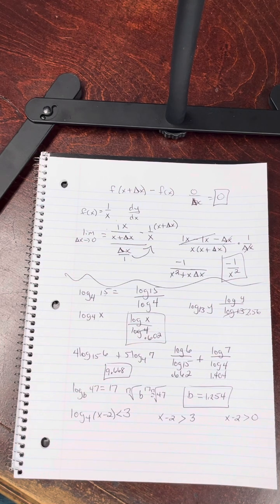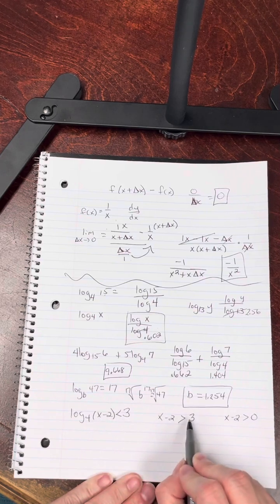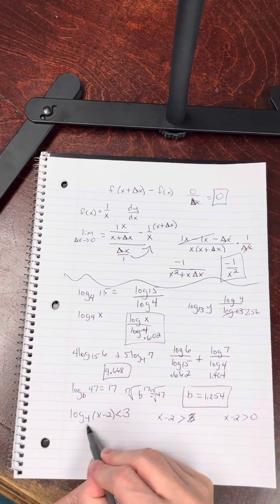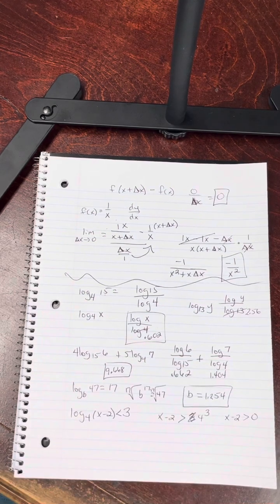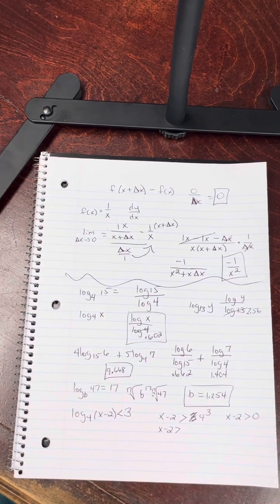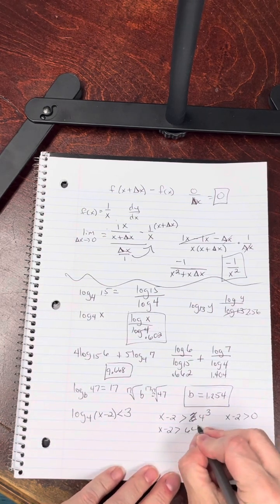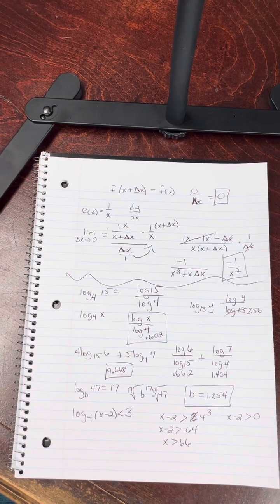Did I miss? Oh, I did. I can't just do this with 3. I do have to take the 4 into account here. That's my fault. I do need to fix this as 4 cubed before I can do the solution. Okay, now we're back on track. So x minus 2 is greater than 4 times 4 is 16 times 4 is 64. So x is greater than 66 when I, just a second, I changed the symbol because it was the, oh,